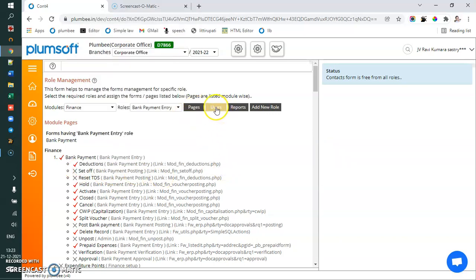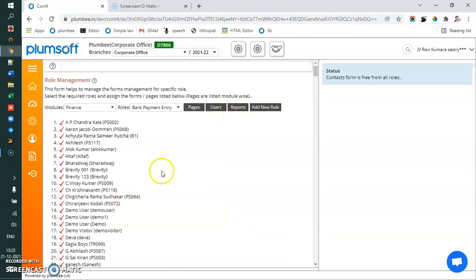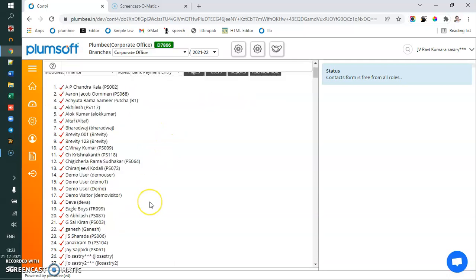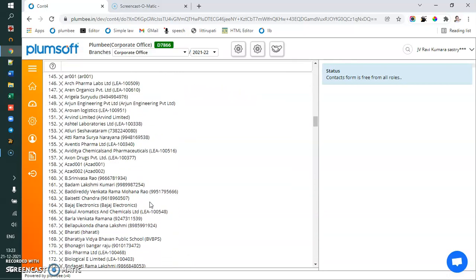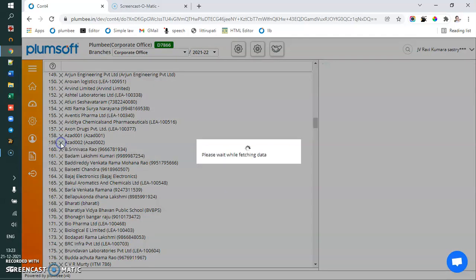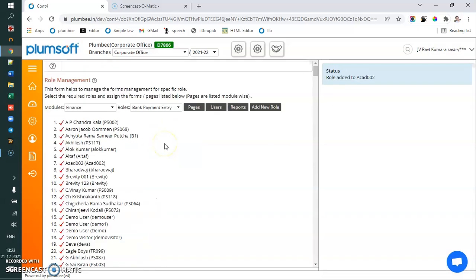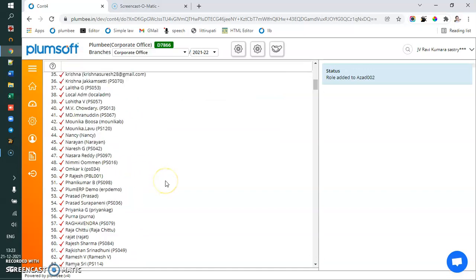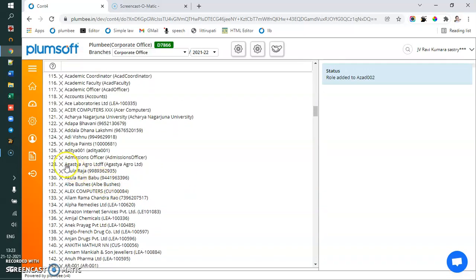So who are the people under these users? Here the list of the users comes who have the role called bank payment entry. You will see so many people. Now I want to give bank payment to him. Just click here and the role is added to him. For example, let us say Agastya admissions.